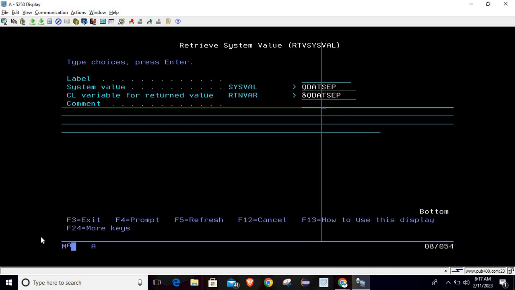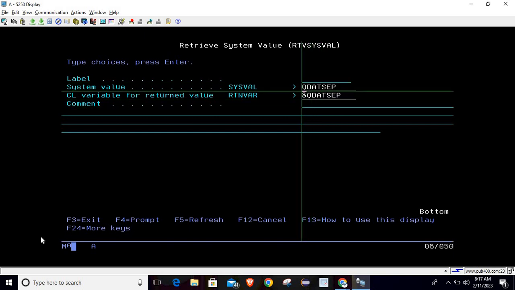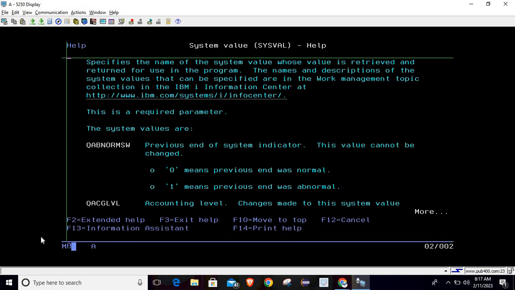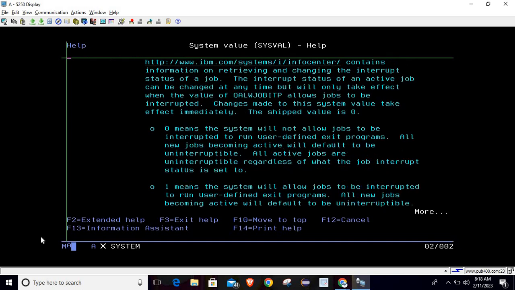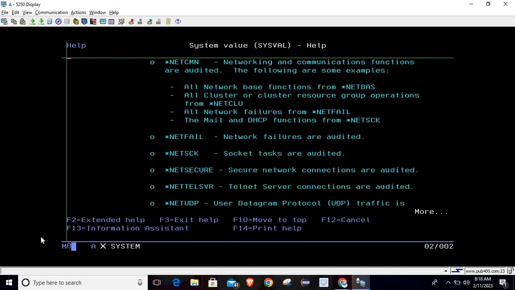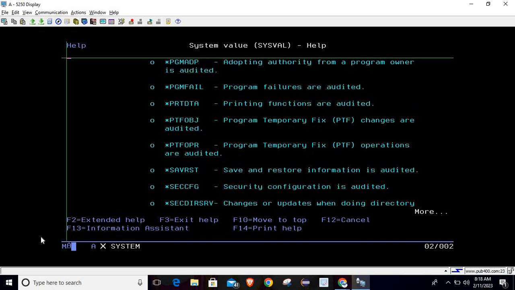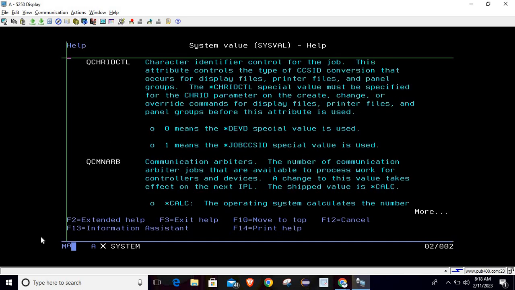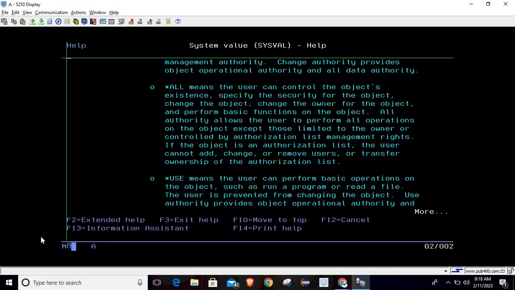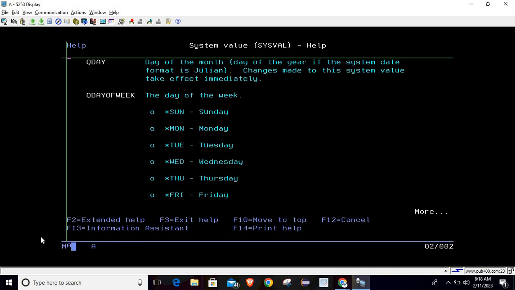Once we hit enter, this command will retrieve the value in the QDATESEP field or variable. Now if you would like to know more about the RTVSYSVAL command, then just simply press F1, and this is the help screen where you can find all the information regarding the values that we can retrieve from the system. So just do page down, because we have already covered these values, and today we are going to discuss